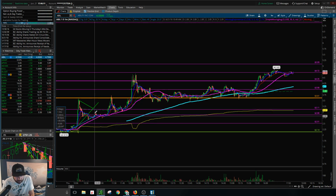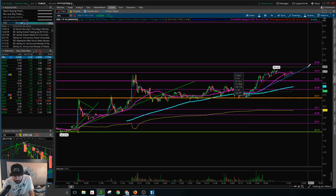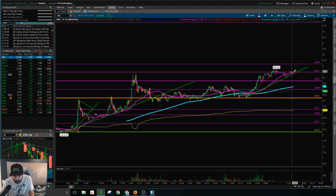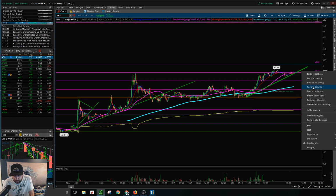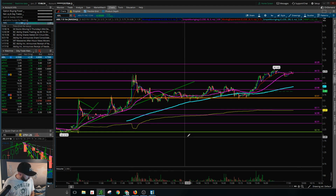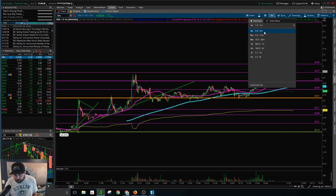Angular, you can see right here I had a triangle on this thing. It broke down. Back here, this was a nice angular support Momo line that broke down. We're potentially making another one right now, so we'll have to see if this one holds. Obviously time's going to go by, it's going to get above this or below this. It's likely to consolidate quite a bit, but what I would be looking for on this one, let me go out a little bit more,